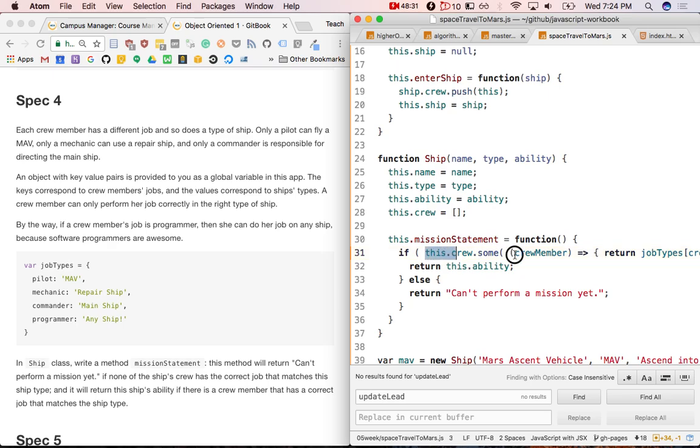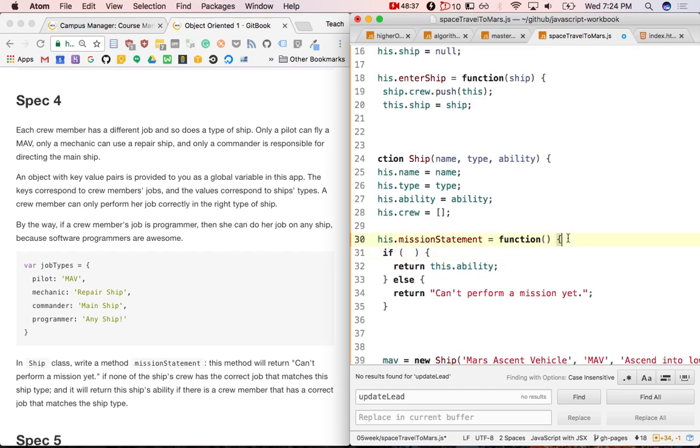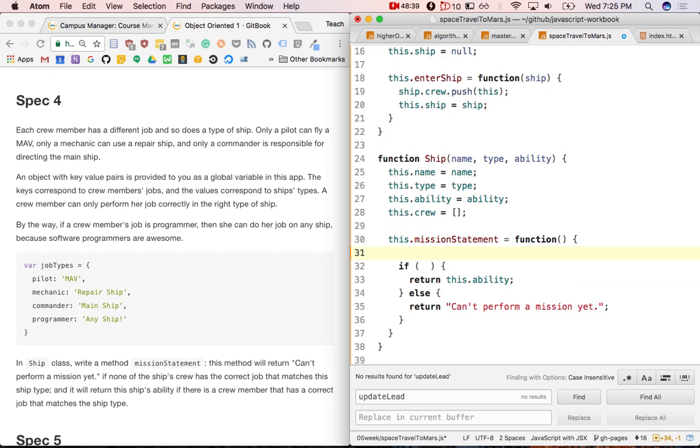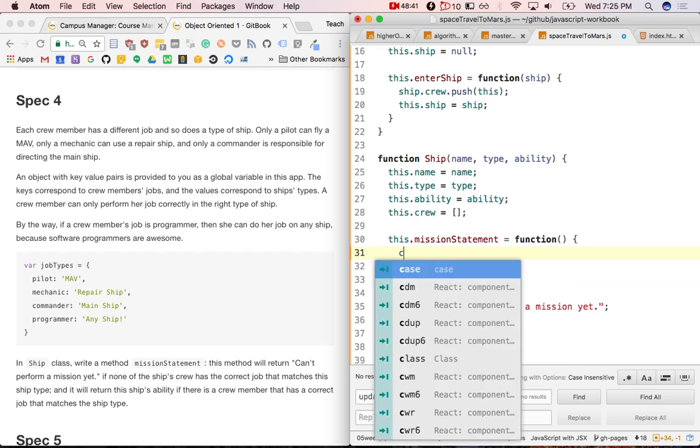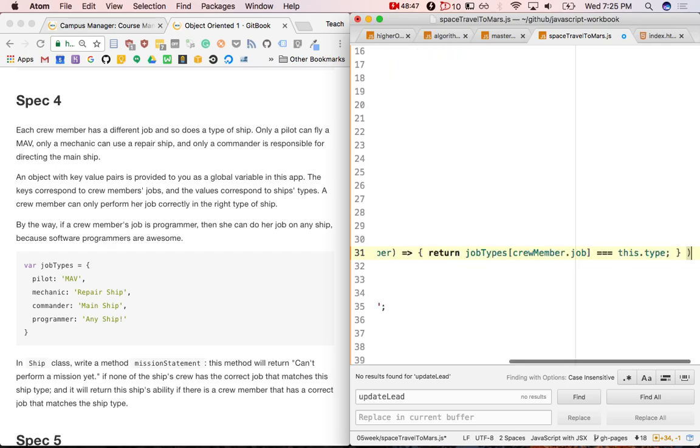So let's take this out of here. This looks ugly anyway, way too long. So there's my if statement. I'm just going to put this beforehand. I usually just put a variable like const found, right, equals